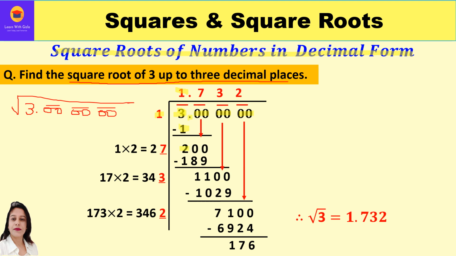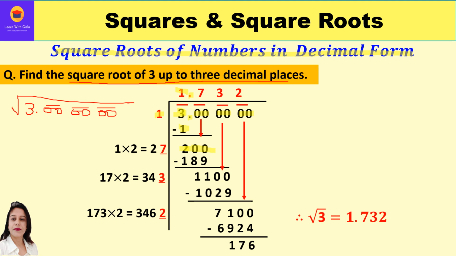Now there is a decimal point over here. That means we have completed the whole number part of the decimal number and we are moving to the decimal part. So before that, we are just going to put a decimal point in the quotient itself. Okay. So now bring down the next period 0, 0. Now our quotient is still 1 point and we have to add a number over here, right? Till here we have reached.